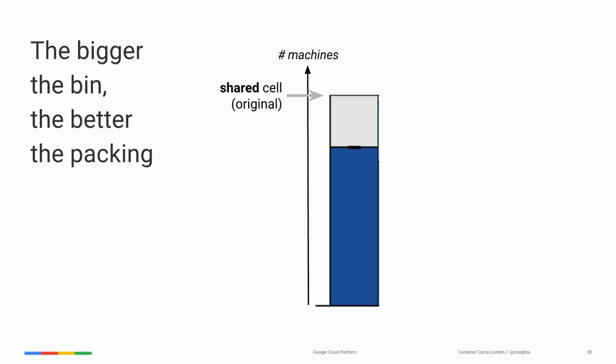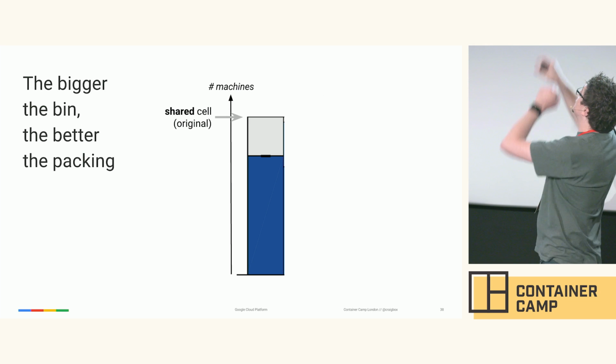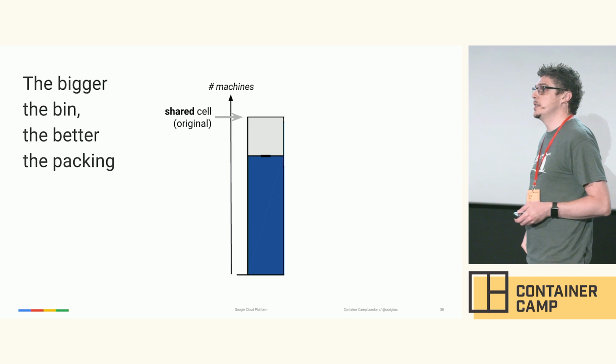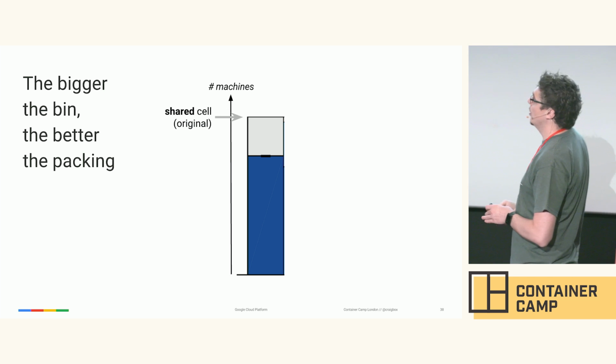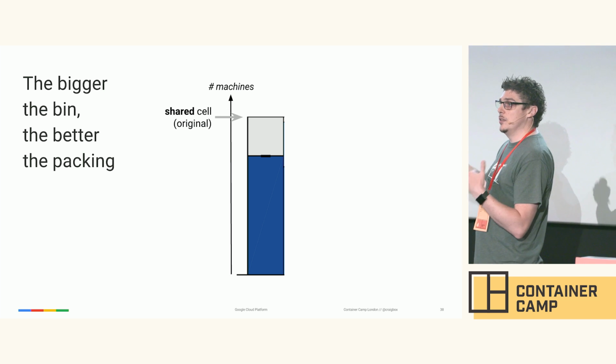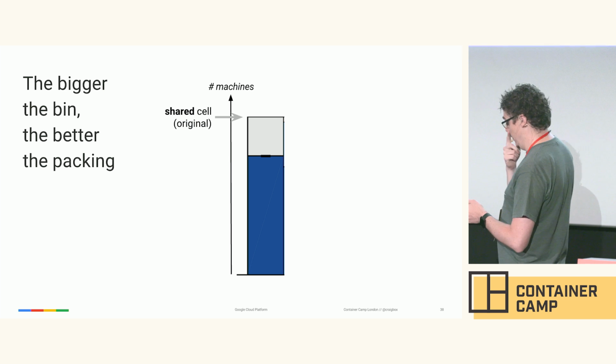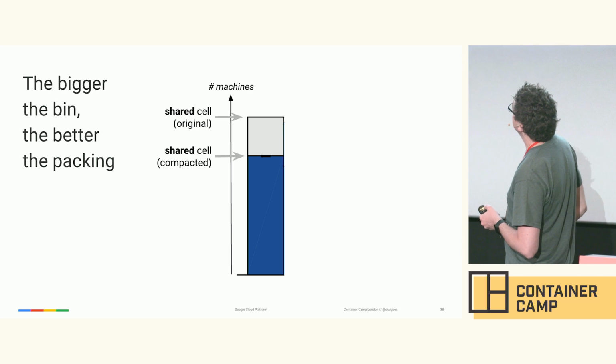You may have seen these slides before. These are from the Borg paper that we published recently. But the point I want to make here is that the bigger the bin is, the better the packing you can get out of it. We found that if we took the machines in the cell that did the production work, which are the blue machines here, and then the machines that are doing batch work, so the things that are running in the empty space at low priority, the gray cells up the top. So we pretend that we've sized the cell so that it's only got the software running there. It doesn't have any overhead anymore.